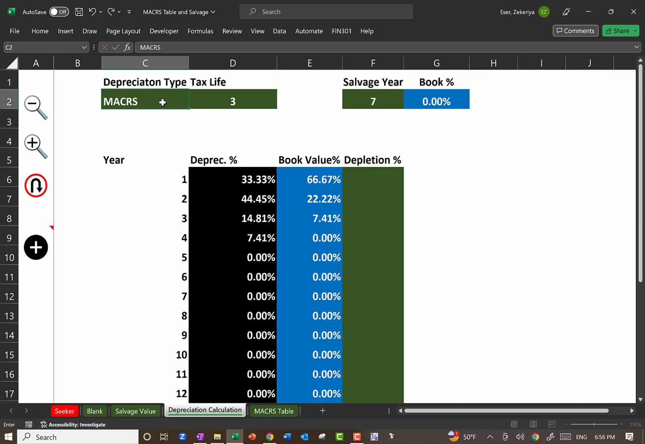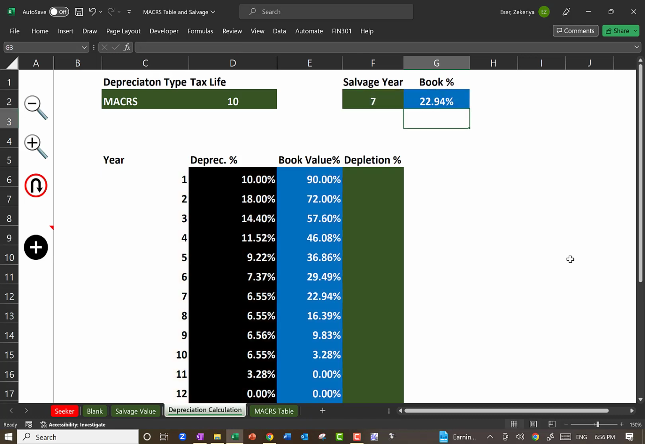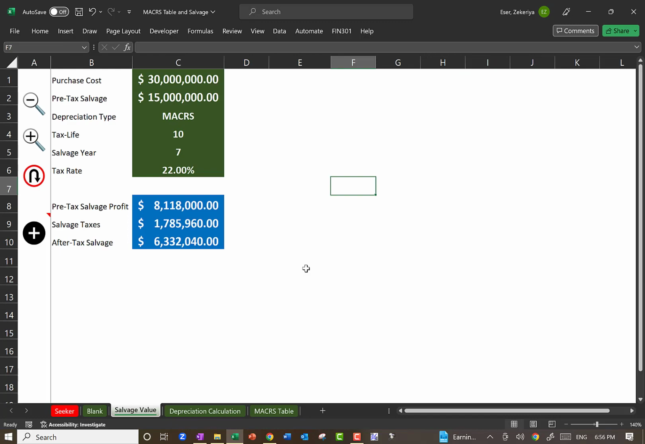But for example, if this is a 10-year MACRS, and I'm doing the salvage in year 7, the book value is 22.94% of original purchase value. It does that using a VLOOKUP. You know, if you want to look at the formulas. Now, the way we calculate salvage value